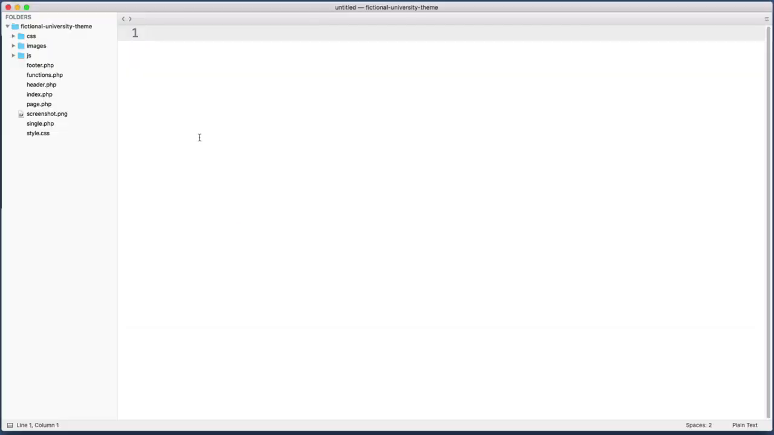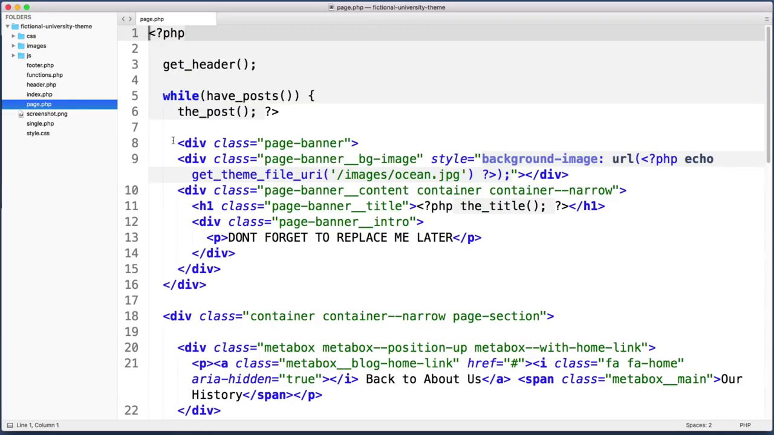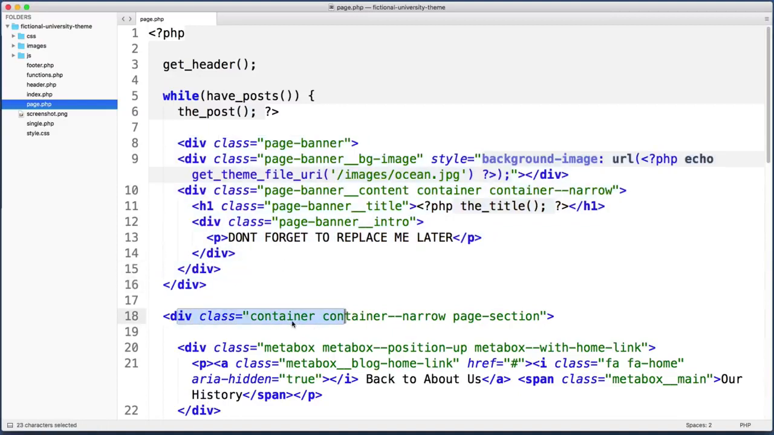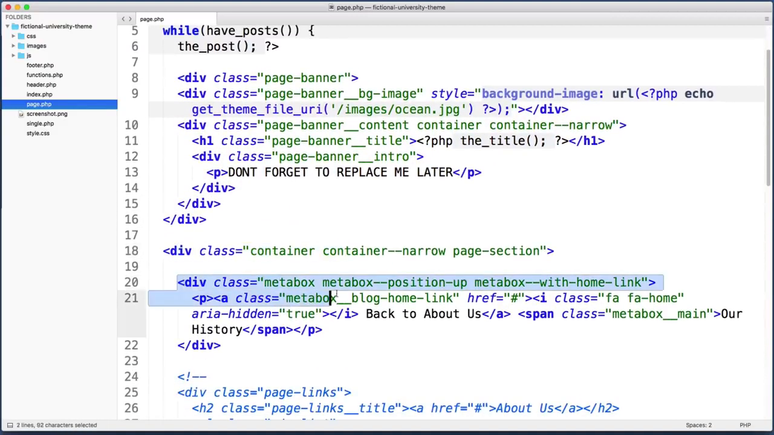So in our text editor, within our theme folder, let's open up page.php. And from the top, if you look below this page banner div, you'll then see a container, and right below that, this div with a class of metabox, that's the breadcrumb box. So you can see towards the end of this div, we have hard-coded Our History. So why don't we begin by deleting that